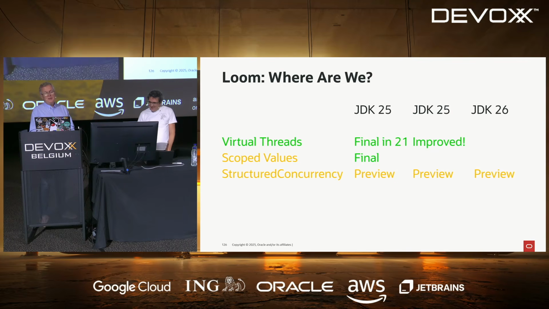Structured concurrency will be in preview in 26. We already know that because we have the JEP with the 6th preview. And please test. Try to use it and report. And the difference we saw on the API is that you have this onTimeout method on the joiner interface that is in 26 and that is not in 25.